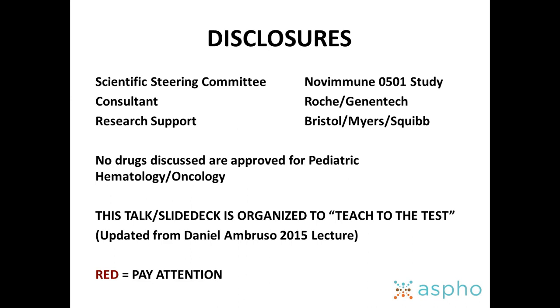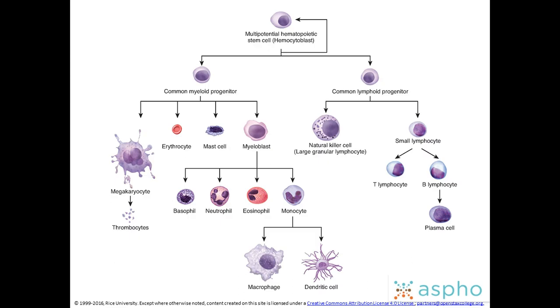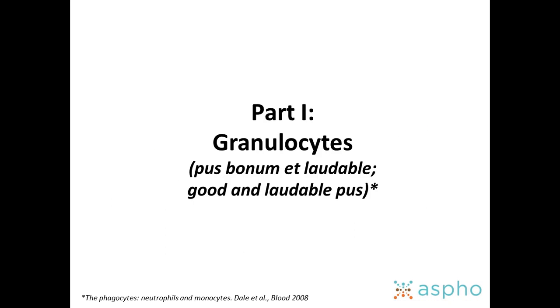So if your goal is to crush this test, pay attention to every single slide and memorize every enzyme and every granule. If you want to pass, I would just pay attention and enjoy the next hour. So again, we're just teaching to the test. Today's talk is on white blood cell disorders, and really, what that means, if you read the ABP guidelines, is we're going to talk about neutrophils for an hour. Most of us just think, what's the ANC, and move on from there, but there's a lot more to it, apparently.